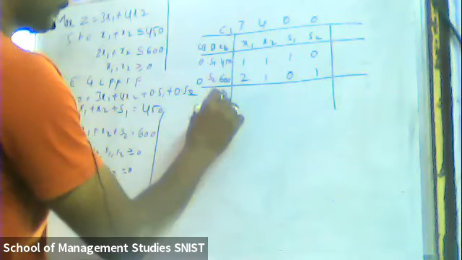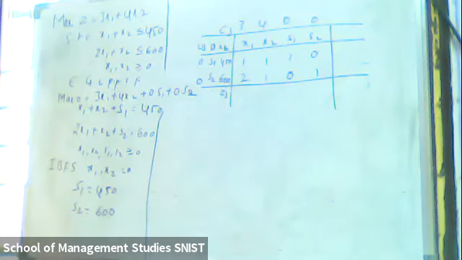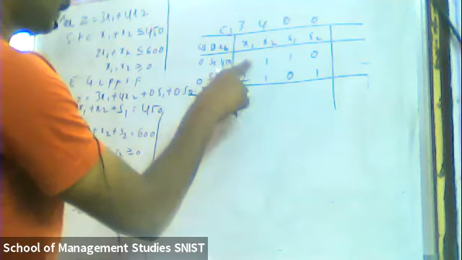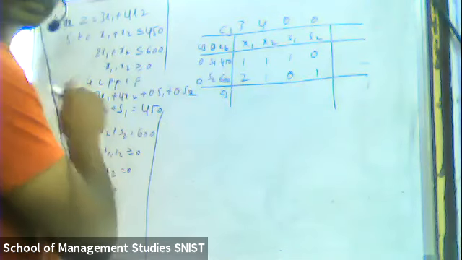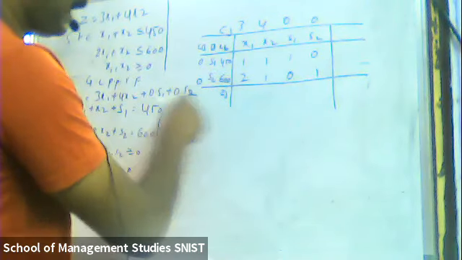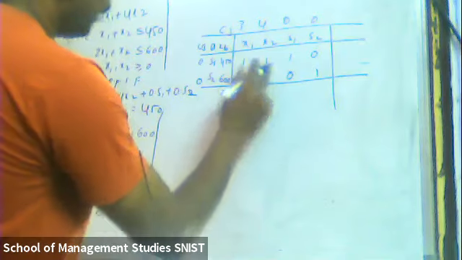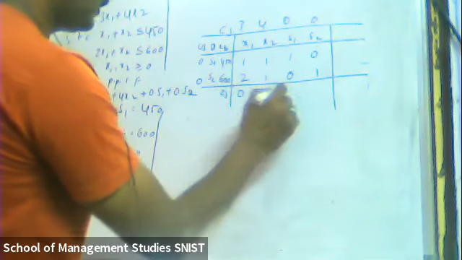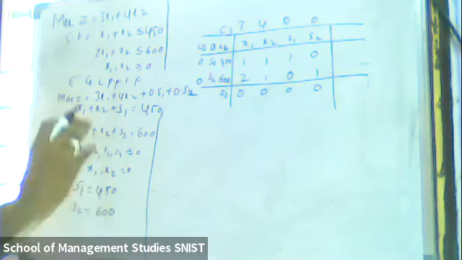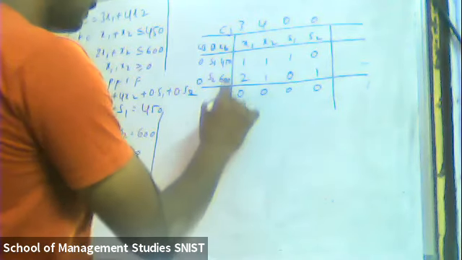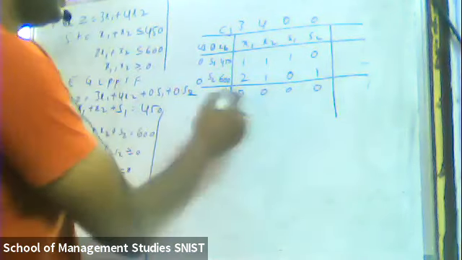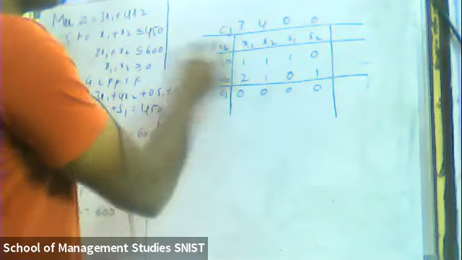Okay. So ZJ. How to calculate ZJ? CB into the x1 column: 1 into 0 plus 2 into 0, which is 0. Suppose if you have one more constraint, 1 into 0, 2 into 0, 3 into 0. So the value is 0. 1 into 0 plus 1 into 0 is 0. 1 into 0 plus 0 into 0 is 0. Remember, I already told you, in the initial simplex table you always need to get ZJ value as 0. If you get any positive value here, then you did something wrong.